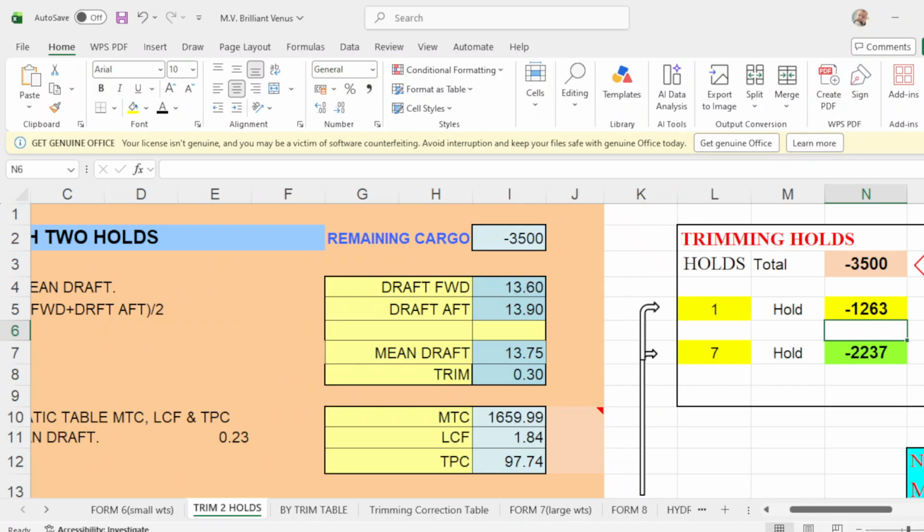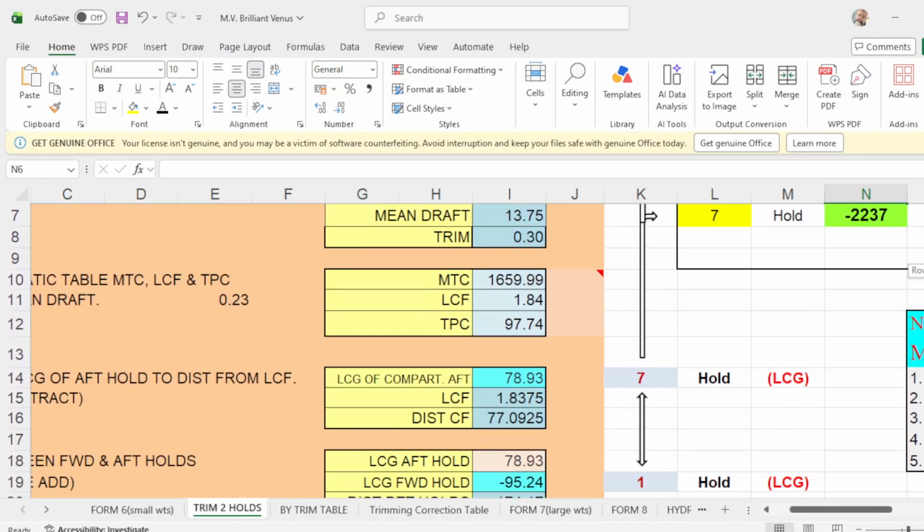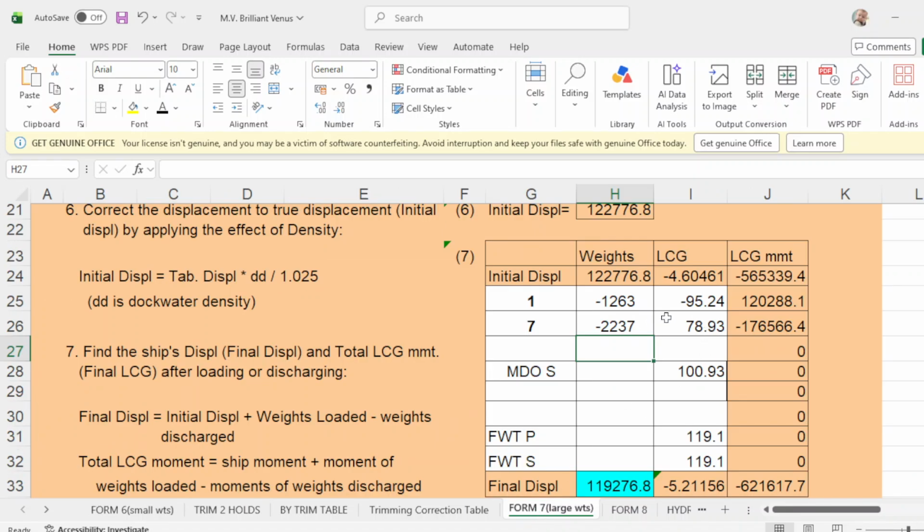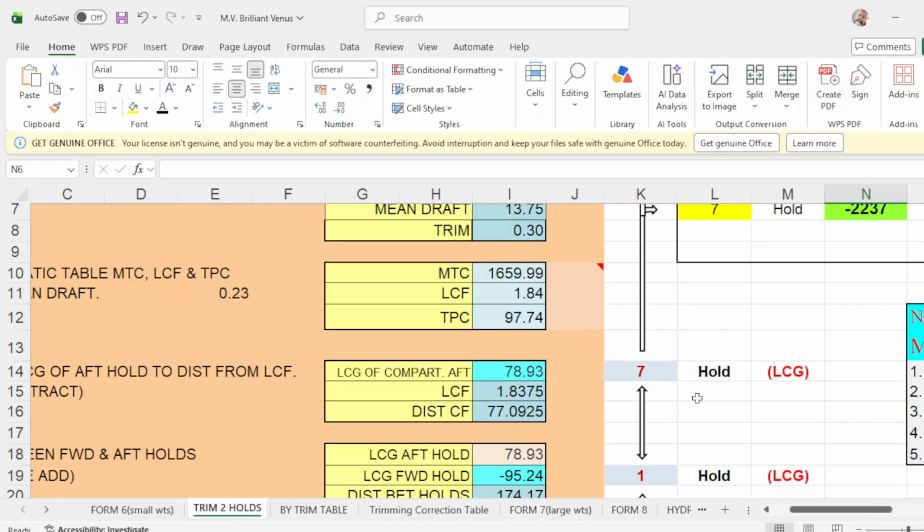What is the LCG of hold number 1? Number 1 LCG is negative 9524. And number 7 is 7893. Okay, confirm.